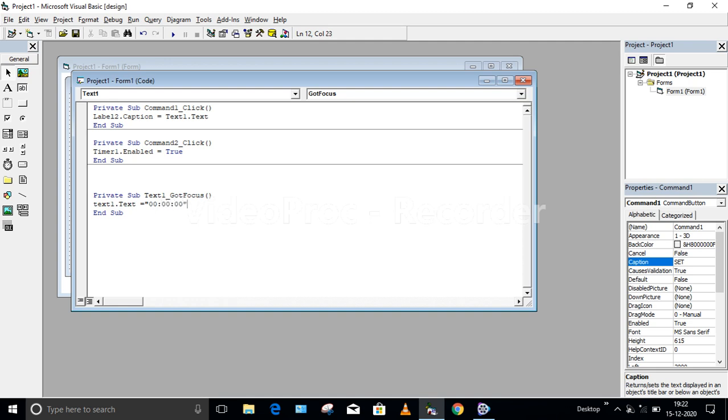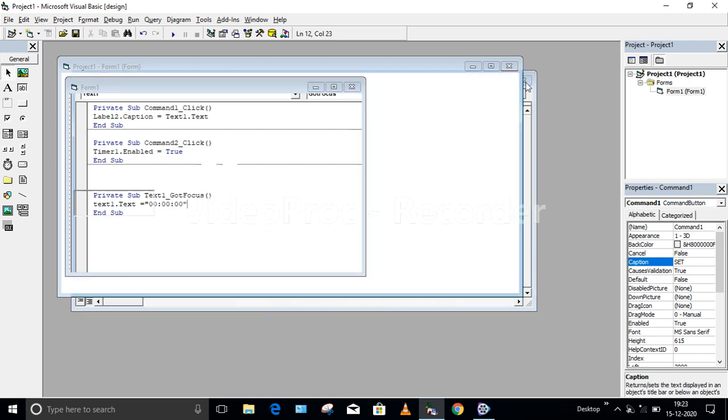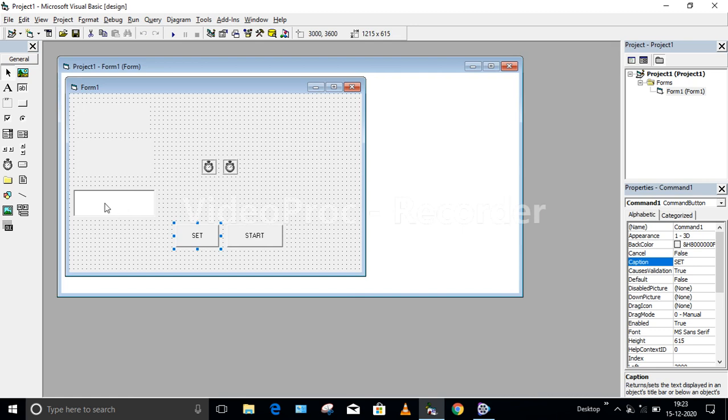That means I want the time to be displayed in the form of hours, minutes and seconds, separated by the colon. So whenever you move your mouse pointer onto this text box, it is initially going to show you that the current time is 0 hours, 0 minutes and 0 seconds.